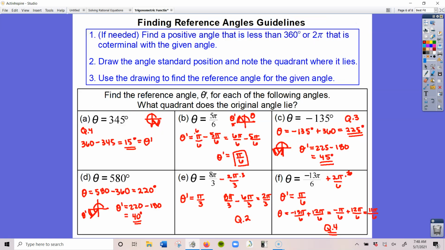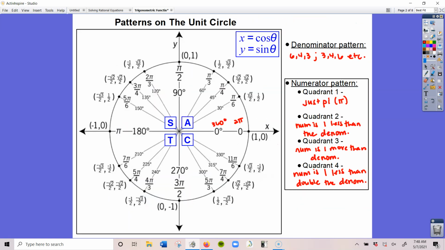If I go back to my unit circle a second, as long as I know what my reference angle is, since it's always in quadrant 1, remember I said that these values for cosine and sine never really change. The only thing that changes is the signs. So if I know what quadrant my angle lies in, I know what the sign of the trigonometric function will be